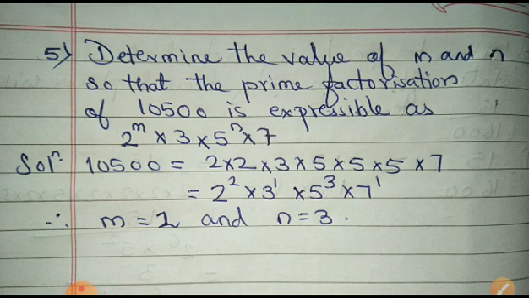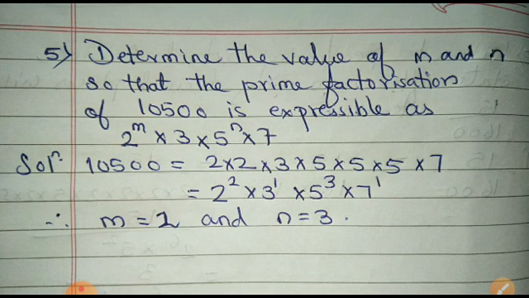See, it's easy. You know that 105 into 100 I can do. 100 is nothing but 10 into 10, that is 2 into 5 into 2 into 5. 105 is what? 15 sevens are 105. So 15 I can write as 3 into 5 into 7, and again 2 into 5 into 2 into 5. No need to do it by the other methods. See whether in the simplest form you can do it, so that it will reduce your time. So you will get the product of primes as 2 raised to 2 into 3 raised to 1 into 5 raised to 3 into 7 raised to 1.